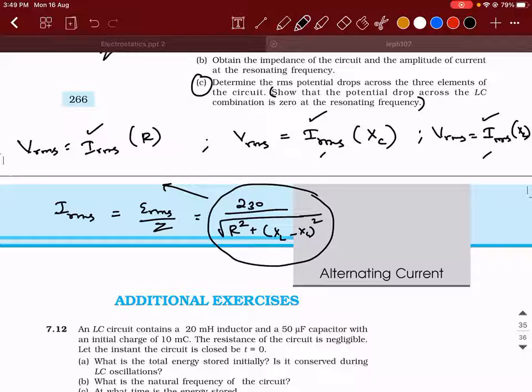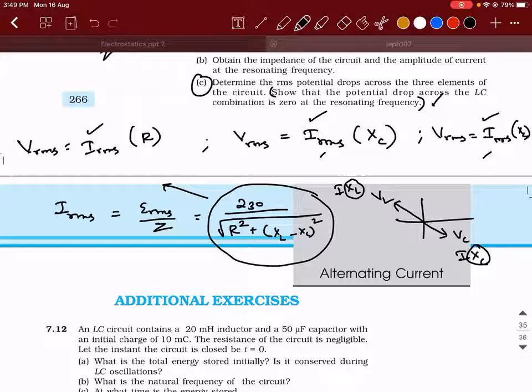So what they're asking is, when you draw a phasor diagram, this is VL, and this is VC. So during resonating condition, what will happen? Here current will be I into XL. Here current will be I into XC. Since at resonance, XL is equal to XC, what can you say? IXL will be equal to IXC. So they both are opposite vectors. Will they not get cancelled? Yes, sir. So that is what they asked us to prove here.